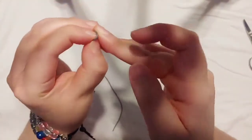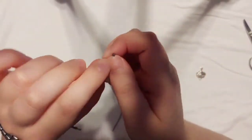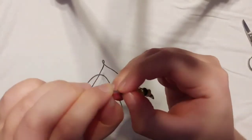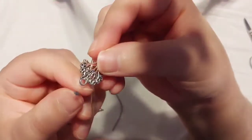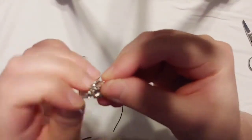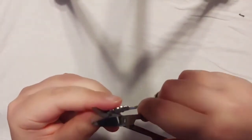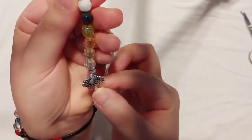So what I'm going to do is tie a knot at the end of my beads. And if you want, you could double knot it, give it a bit of added security so the beads don't move around as much. And then I'm going to add a charm to the bottom. It's getting frayed again, so I'm just going to give it a little twist. Yeah, and I'm just going to tie a knot there. After you tie a knot, you're just going to pull that down so you have a nice little